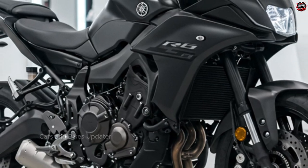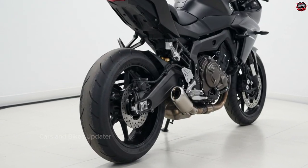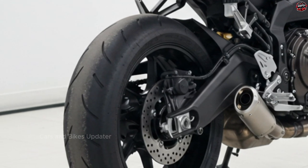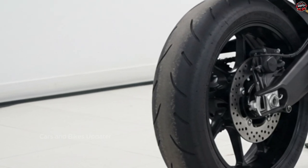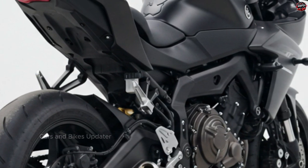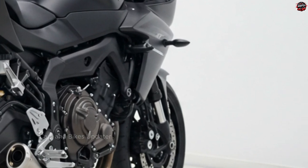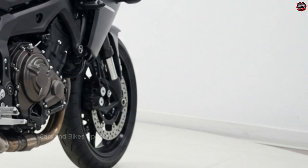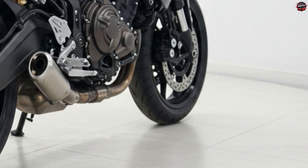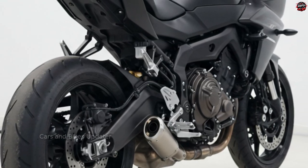Under the hood, or rather, beneath the fairing, the R7 is powered by a 689 cubic centimeters liquid-cooled, DOHC inline twin-cylinder engine, the same CP2 engine platform that has proven its reliability in the MT-07. Producing around 73 horsepower and 50 lb-ft of torque, the R7 is not the most powerful bike in its class, but it excels in delivering linear power and a thrilling ride thanks to its 270-degree crankshaft. This setup gives it a torquey, responsive character and a rumble that feels more like a V-twin than a parallel